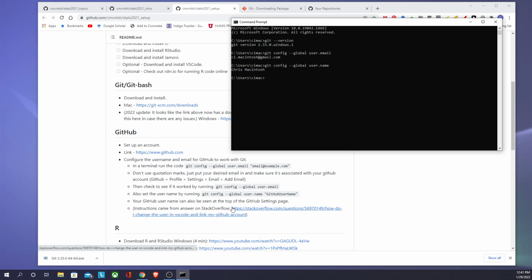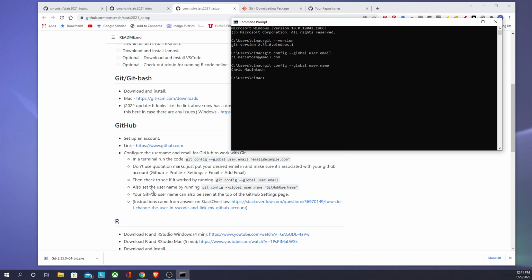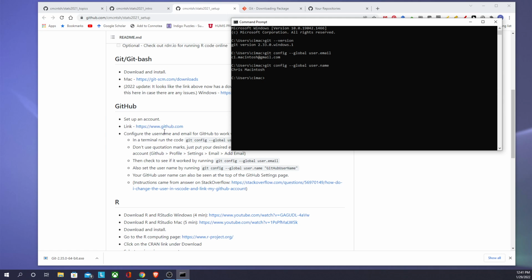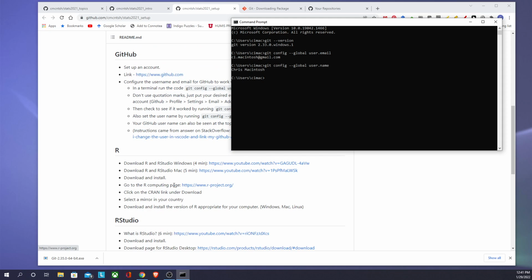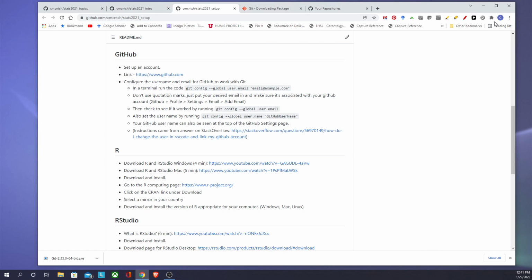Okay, so once you have a GitHub account and you've run these commands, then you can download and install R. And I don't know if I actually have R on this computer yet, so I'm going to go ahead and run it. I do have a couple videos I found which demonstrate some of this, but I'm just going to go to